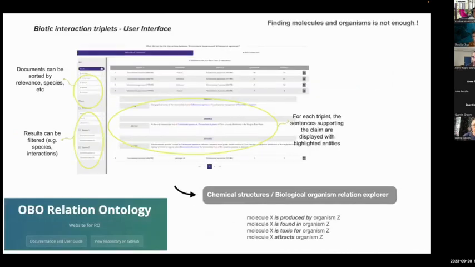Another very important thing that we want to work on is that once we have extracted the biological organism and a molecule out of a PDF, well, we still don't have that much idea on how they relate to each other. And actually, a molecule can be biosynthesized by an organism, but it can also be just found in an organism. Think about a pesticide within a bee. It can be toxic or attract a specific organism. So here we also want to build on the expertise of SIBiLS and Plazi that they have gained while establishing biotic interactions to describe the interaction between two species and basically translate this to the interaction between species and molecule.